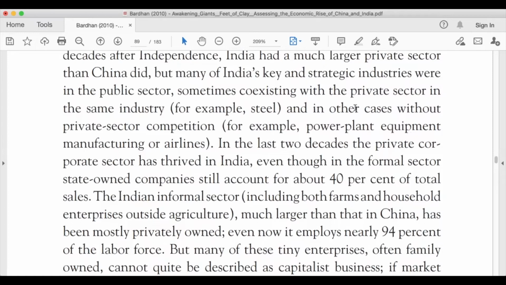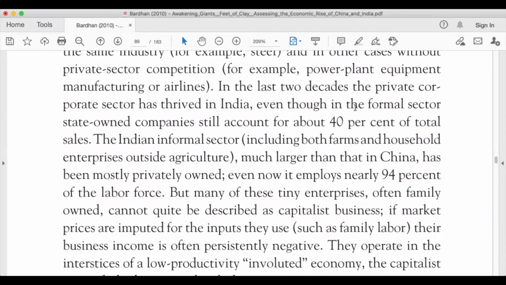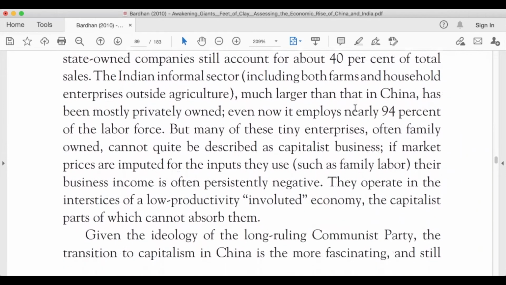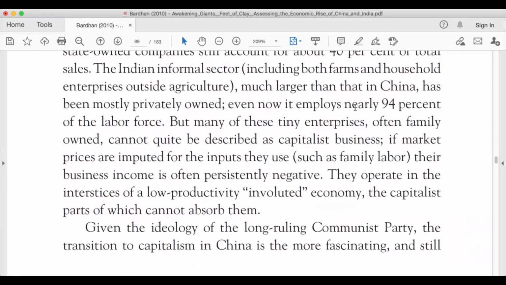The Indian informal sector, including both farms and household enterprises outside agriculture, much larger than that in China, has been mostly privately owned. Even now, it employs nearly 94% of the labor force. But many of these are tiny enterprises, often family owned, cannot be quite described as capitalist business. If market prices are imputed for the inputs that they use, such as family labor, their business income is often persistently negative. They operate in the interstices of a low productivity, involuted economy, the capitalist parts of which cannot absorb